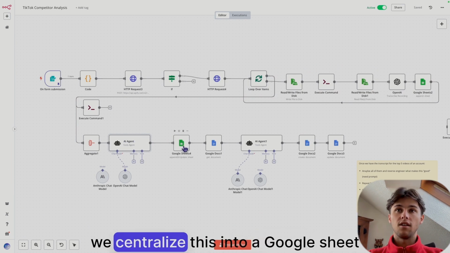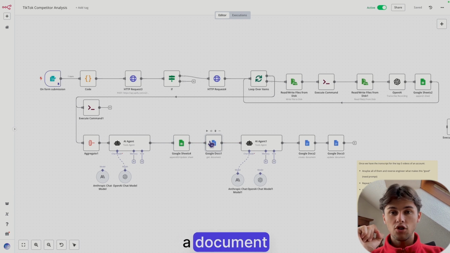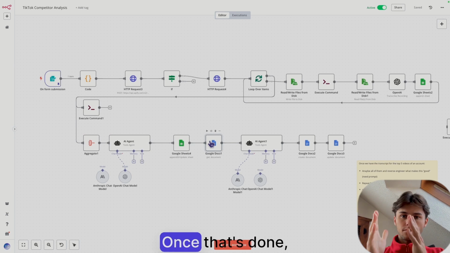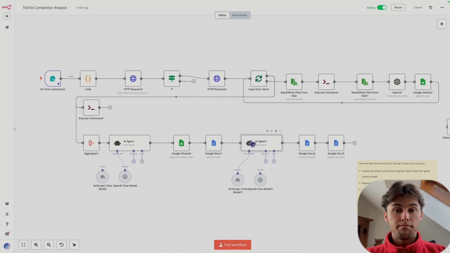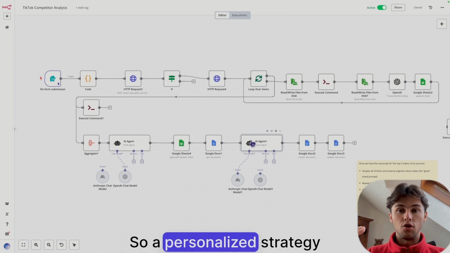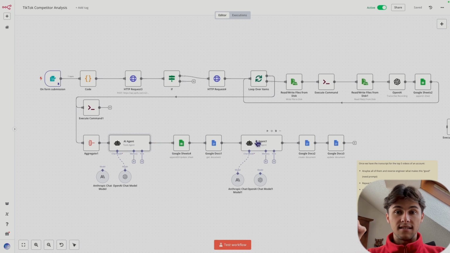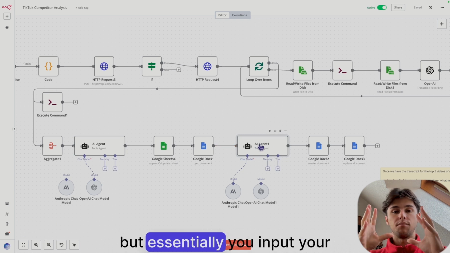Once that is done, we centralize this into a Google Sheet, and then get a document based on your brand guidelines, stuff like that. Once that's done, we can then create a personalized game plan, right? So a personalized strategy between your documents and the analysis. So the beauty of this is that you input, I don't want to share the prompts, but essentially you input